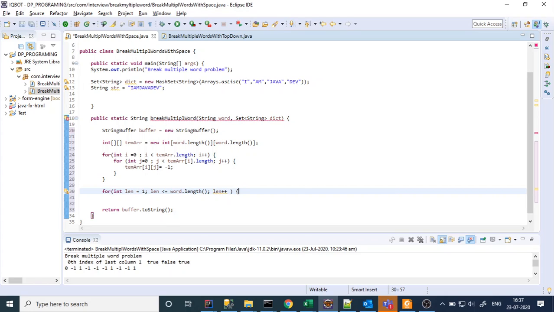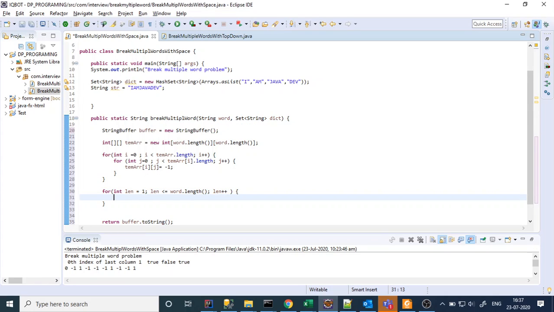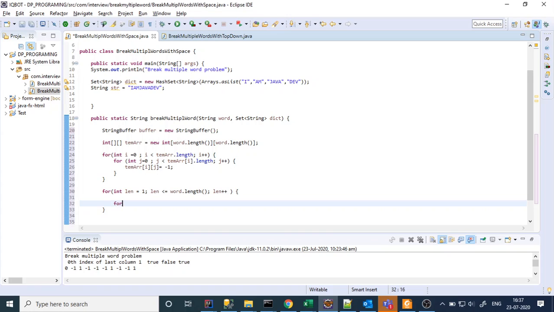So here is the first thing which I am doing: for every length, recursively, I will track every sub problem. That is the meaning here. Now I have to identify, based on the length, their substring.